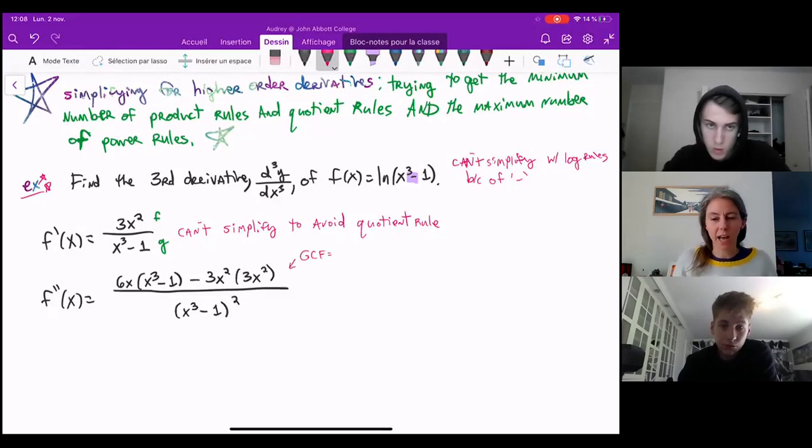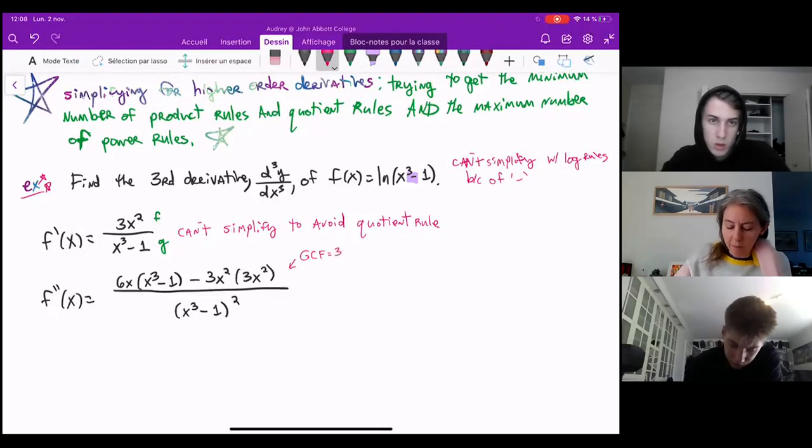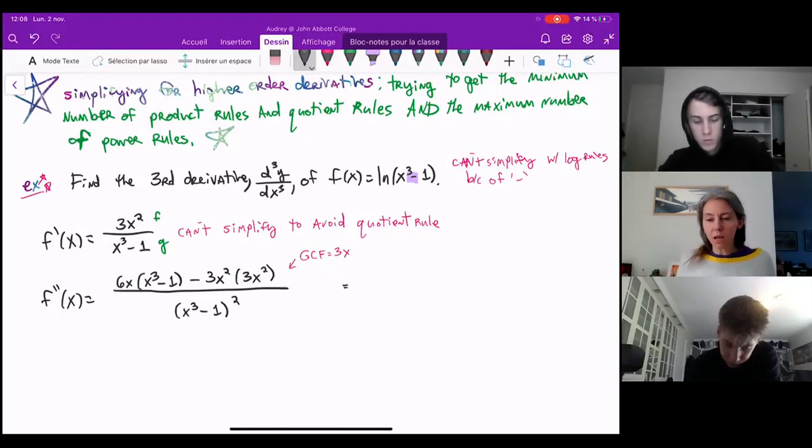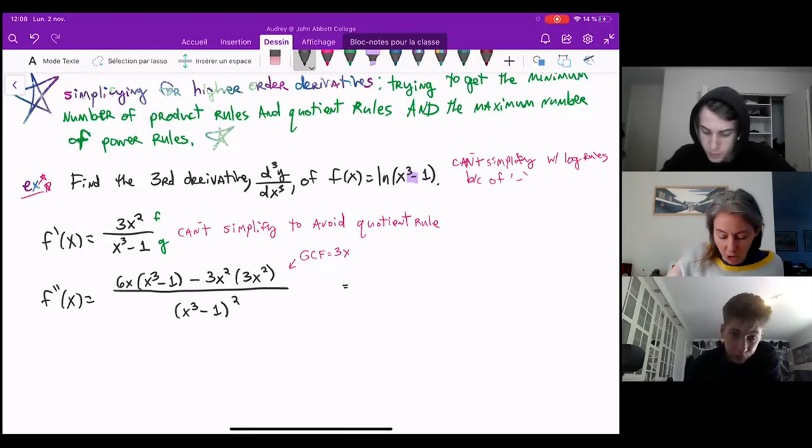What happens on both sides of that minus sign? 3x? Just 3x, you got it. My greatest common factor is 3x. Again, this is maybe not even the best way to approach this problem, but it might be the way